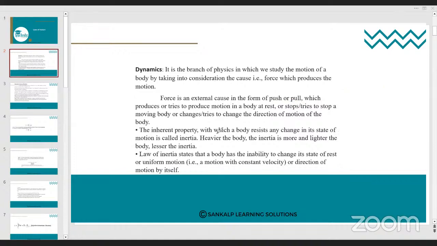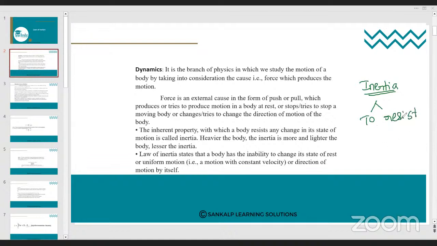So next point you see here, we are studying one main point about the body, that is called as inertia. So we will study inertia. So inertia concept develops, then the Newton's laws we discovered here. So inertia, what is inertia? Inertia means to resist. Inertia means what? To resist.